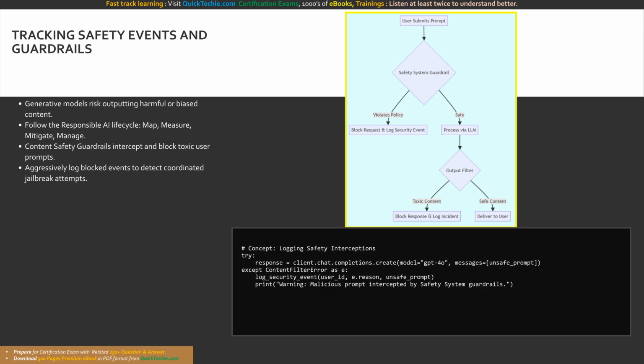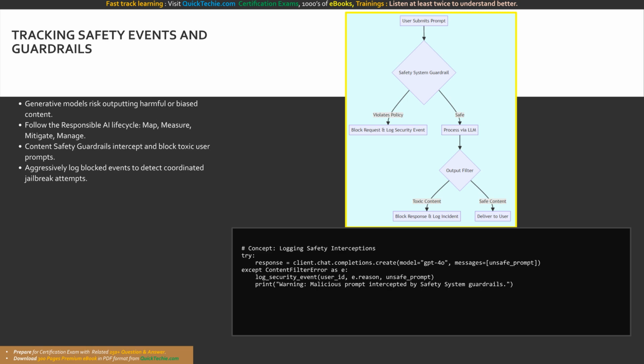A sudden, massive spike in blocked prompts might clearly indicate a coordinated jailbreak attempt by malicious actors, or a fundamental, systemic flaw in how your application exposes the AI to end users. By systematically logging and rigorously reviewing these filtered safety events, you gain incredibly vital insights into user behavior and potential application vulnerabilities. If your monitoring detects recurring safety issues, you can further mitigate these risks by dynamically enhancing your system messages to firmly set tighter behavioral boundaries. Continuous monitoring of safety events ensures you forcefully protect both your users and your organizational reputation from the inherent risks